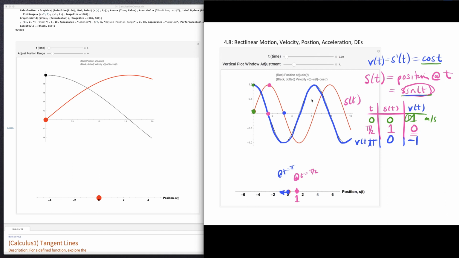So this object, through these 3 moments of time, started here, traveled to the right, and then reached a stop, and then traveled back to the left, and we keep going like this according to this position function, back and forth and back and forth. And we can see that played out